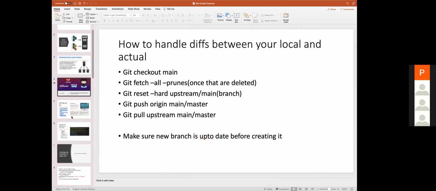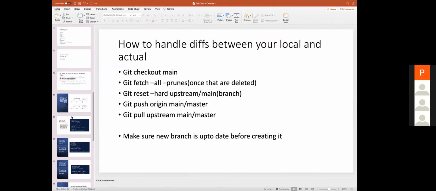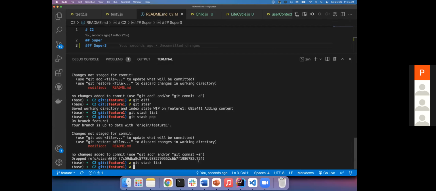They'll be stored for some time also. It won't get deleted. No, it will store forever in your system. Okay, it won't be saved in a remote. It will be saved in your system with a name, with an ID, like this, and a hash. But one thing you always remember when you are communicating with your remote repository, it will be in your local only until you push it. That you have to remember.